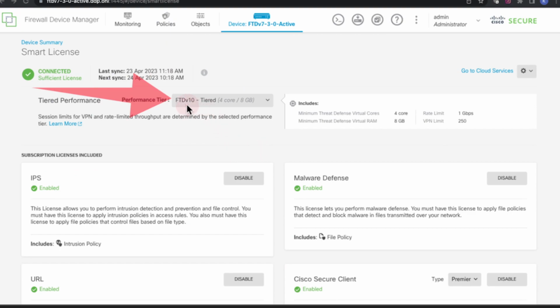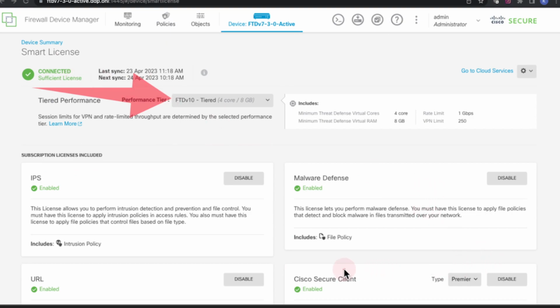Right, so you need to first have this base license. Without the base license, you will not be able to enable the triple DES or AES encryption function, right? Because of import export control. For me, I'm in Singapore, so I don't have that restriction of not being able to use triple DES or AES. So very important, you need to make sure that you have the smart license, because without the smart license, the trial license doesn't allow you to test out the VPN function. So once you have that,